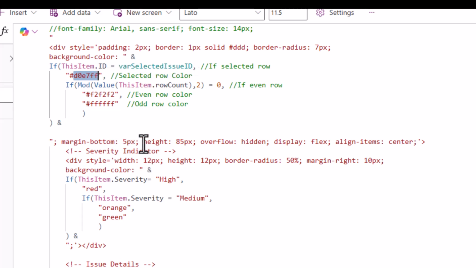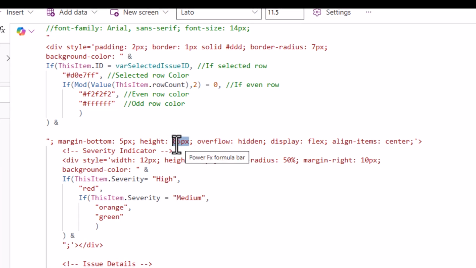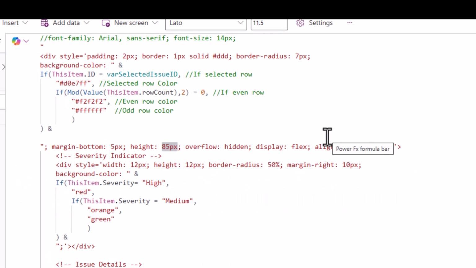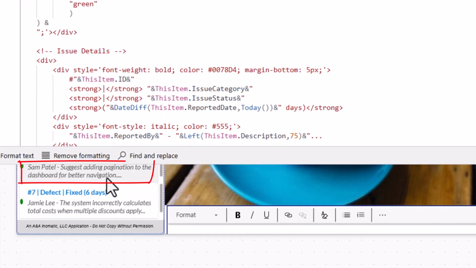the bottom margin, etc. I go ahead and give it a fixed height of 85 pixel, and you can adjust this so that it best fits your data. We can enable the auto height, though I recommend against it so that we have a consistent look and feel. And you can see here my text has a ... after 75 characters or however long you want it. That way the items in your gallery have a consistent look, and